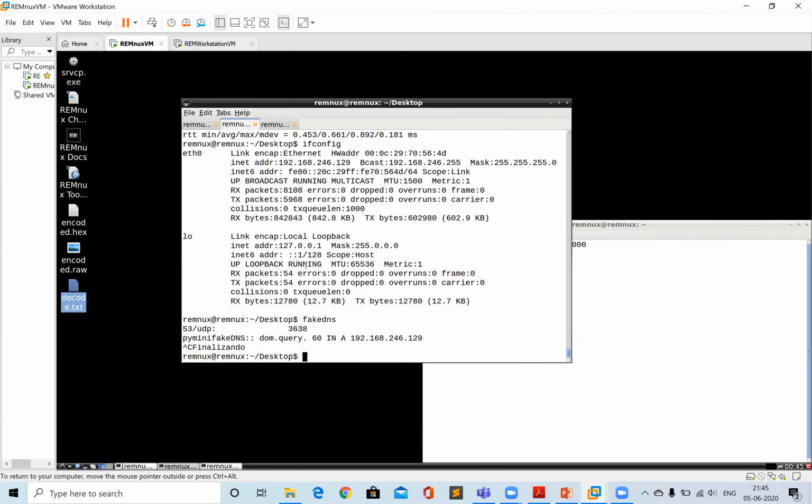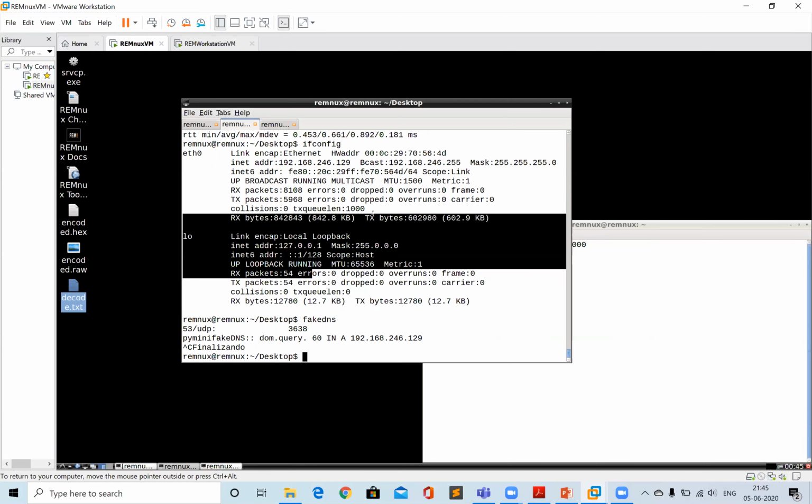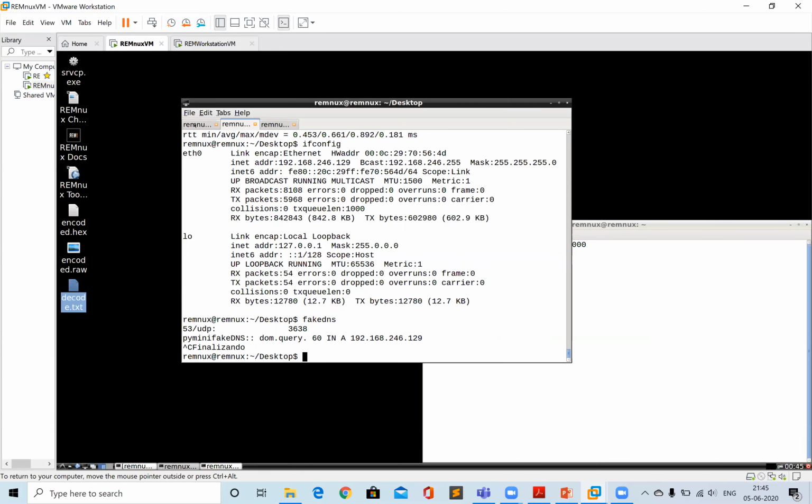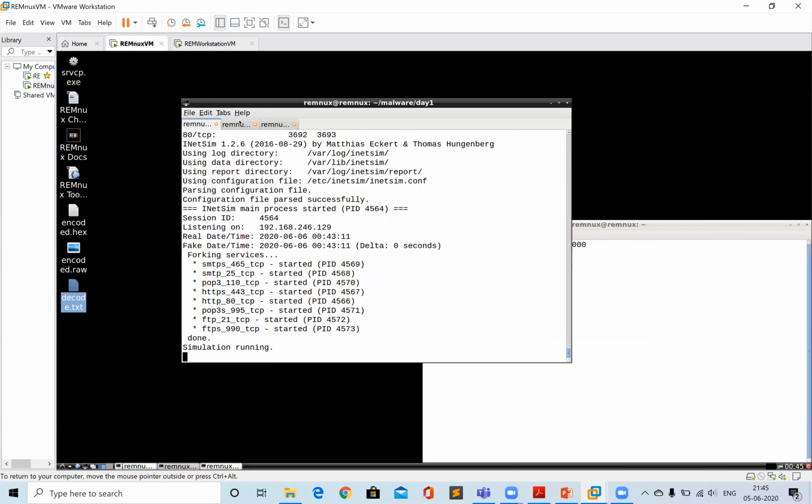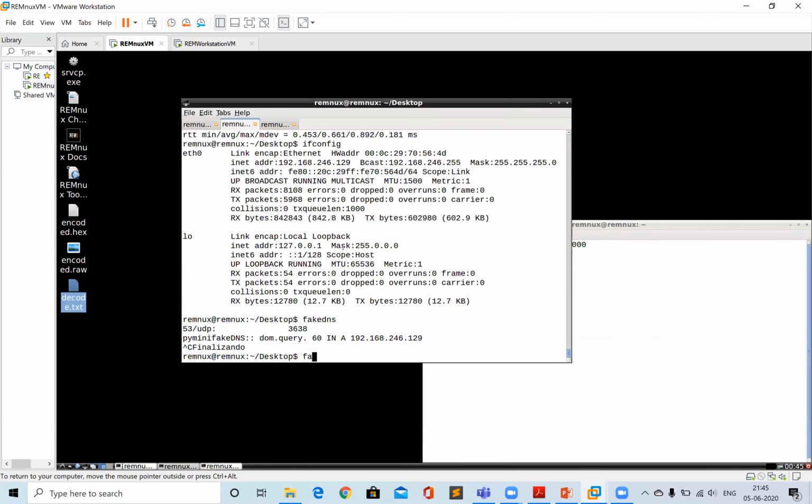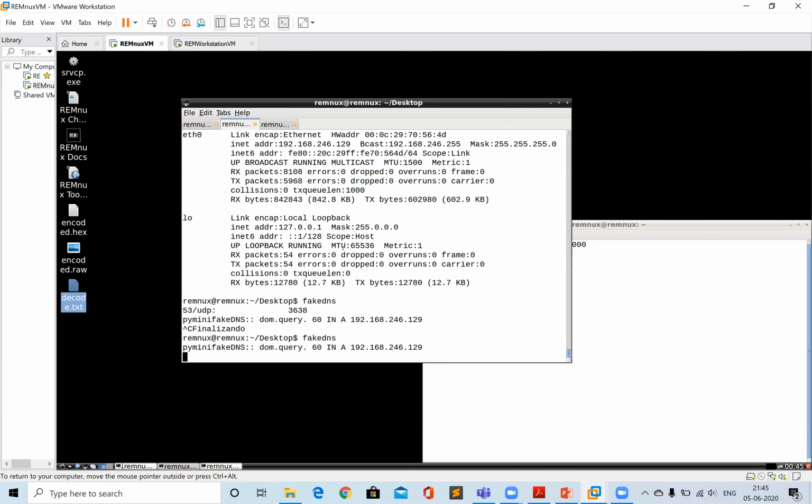And that's where I'll be seeing a fake Google website that the Linux VM is giving me. The fake DNS functionality is already implemented in a similar fashion in INetSim also, but I'm not activating that right now. I am going with the fake DNS for today. Okay, so let's also run this, and I think we are ready to go.